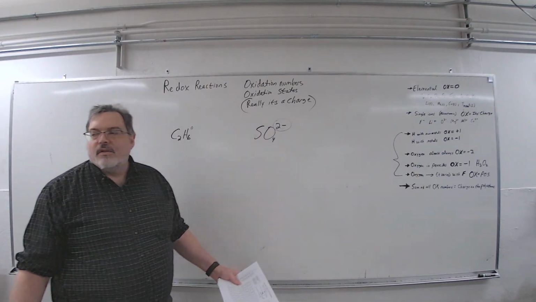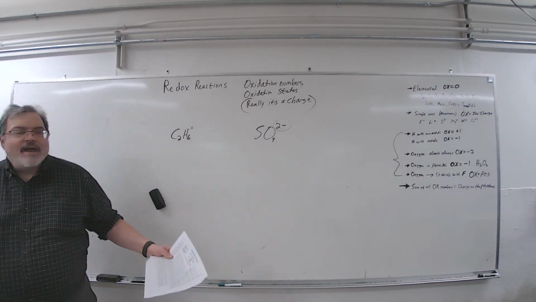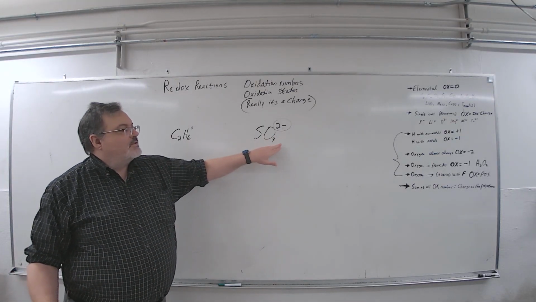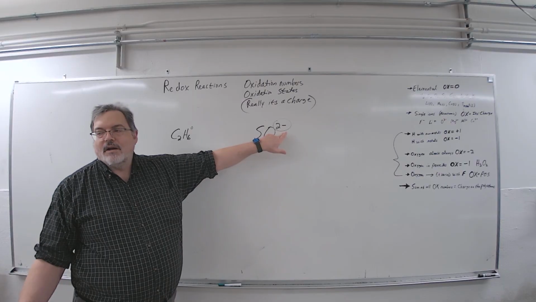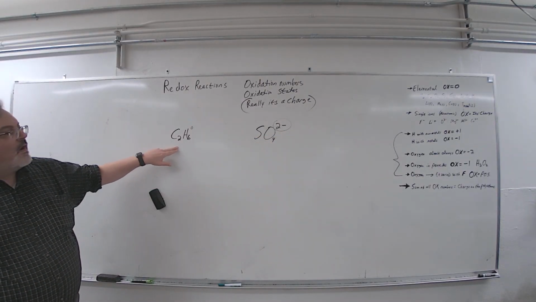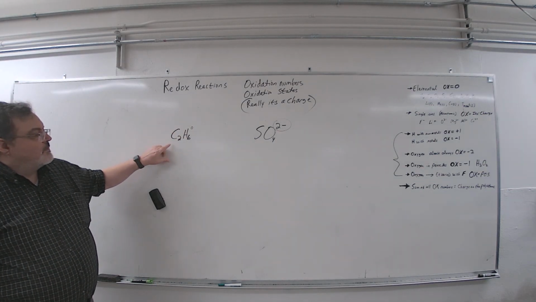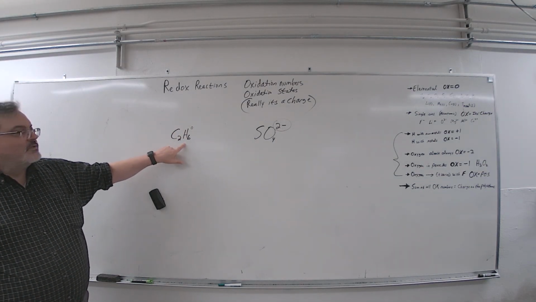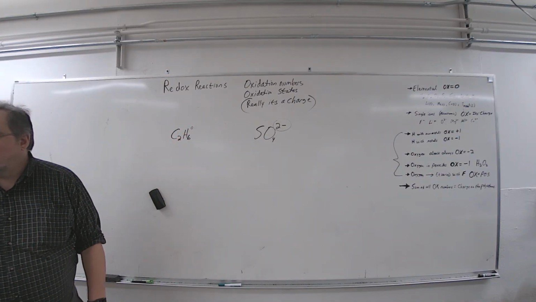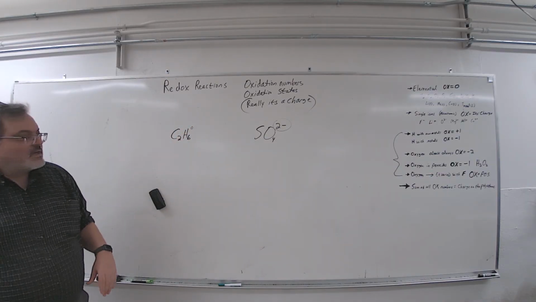Once you enumerate all the oxidation numbers, they have to add up to whatever the charge is. So this is a molecule, but happens to be charged, so we call it a polyatomic ion. This is a covalent compound. It has no charge. But all of these oxidation numbers for the 2 carbons and the 6 hydrogens will add up to 0. There'll be positives and negatives, and they'll cancel each other out. Those are the rules about oxidation numbers,